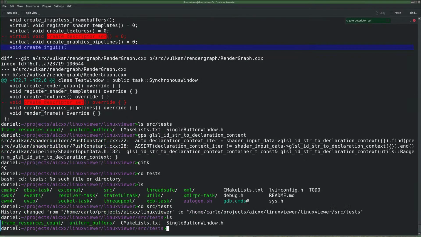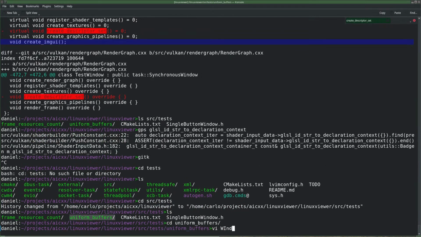Source tests, uniform buffers, window.h.